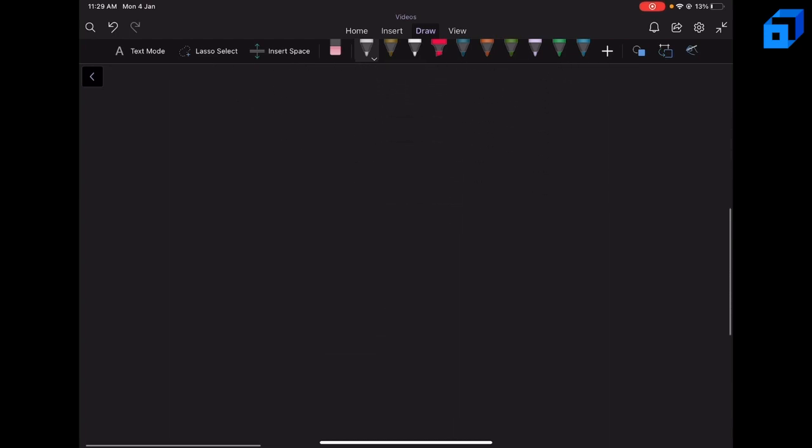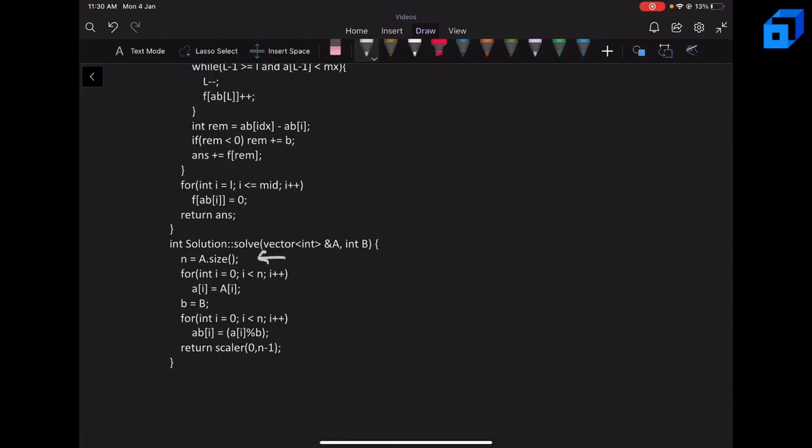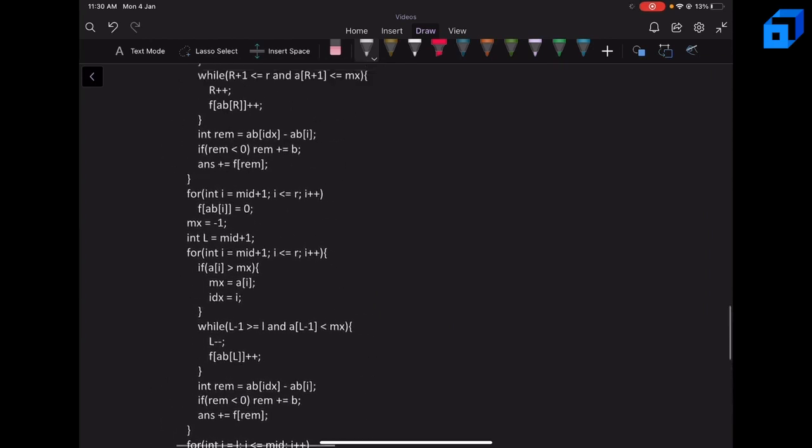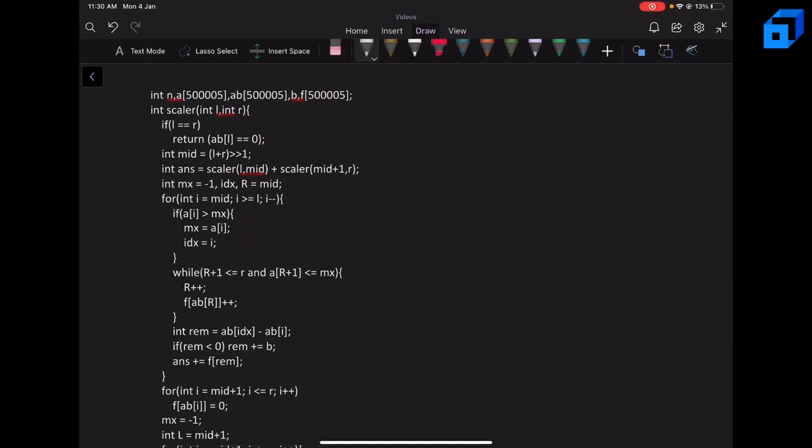So let's look at the code to actually see how we can implement this and to understand the tiny implementation details. So we assign n as the size of the array. So A is initially assigned to the array, and this is actually a global array, and B is also a global B. We also store an array AB, which will store the elements modulo B, and we call solve from 0 to n minus 1. So this is the divide and conquer part, solve L to R. If L is equal to R, what we want is the maximum will be equal to AL, and the elements AL will be also AL and AR will be also AL.